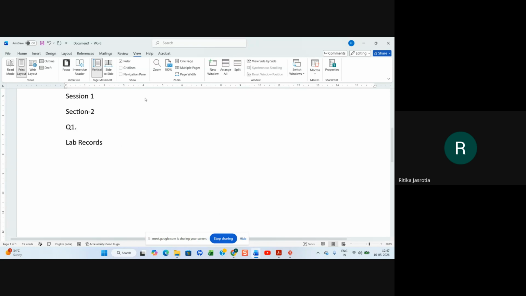Can you understand? Convert it into a PDF and submit it on your LMS portal. That is what you have to do. So, ma'am, we need to merge both files, right? One is the lab assignments and one is the lab records. Both files, I am saying you make one Word document, one document file for both. You cannot submit separately. You have to make it one.